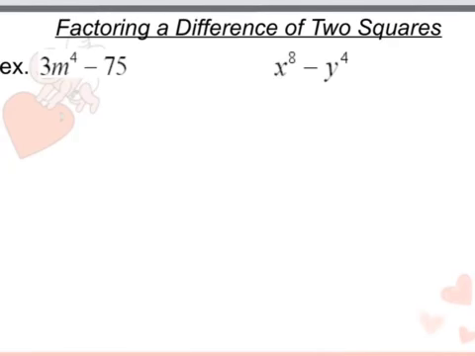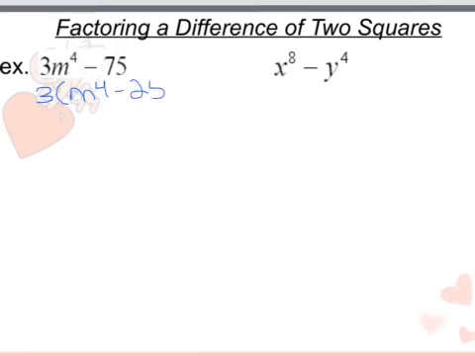Chapter 8, Section 7 is factoring special cases. The first special case that we've talked about is factoring the difference of two squares. We're still first going to look for a GCF if possible. Now the GCF of this first example would be a 3, and that leaves you with m to the 4th